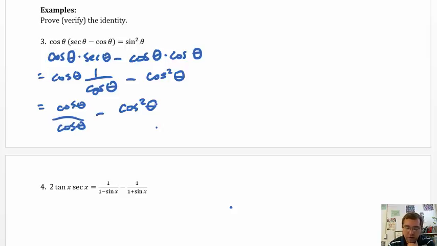Well, what is cosine of theta over cosine of theta? That's 1. So I have 1 minus cosine squared of theta. What is 1 minus cosine squared of theta? Well, I look at the fundamental trig identities and I see